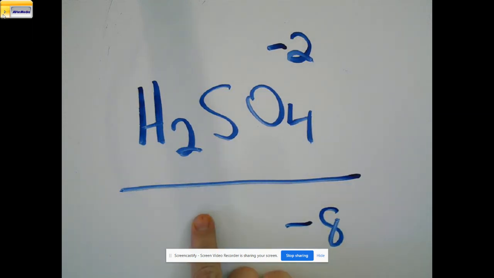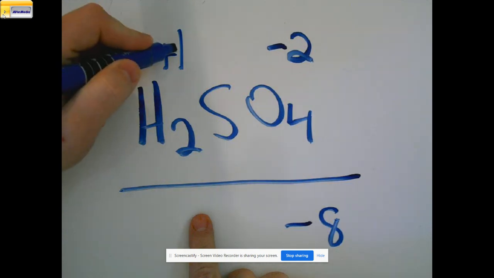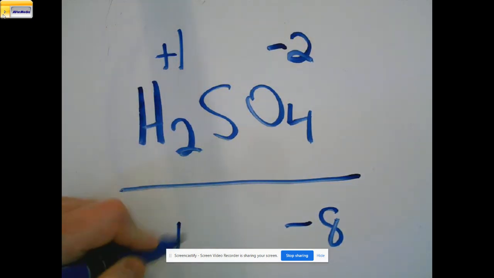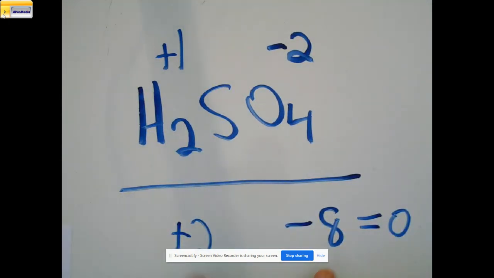One of the rules that we just went over says that if hydrogen's on the left side, it's going to be a +1. So 1 times 2 is +2. This has to equal a 0. So what's the difference, right? So if you owe somebody